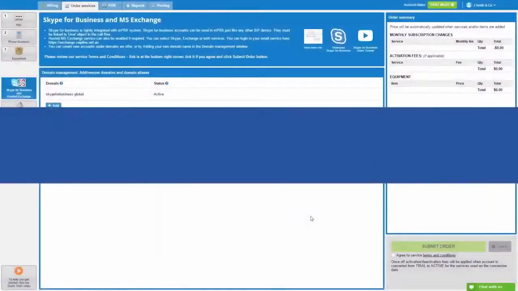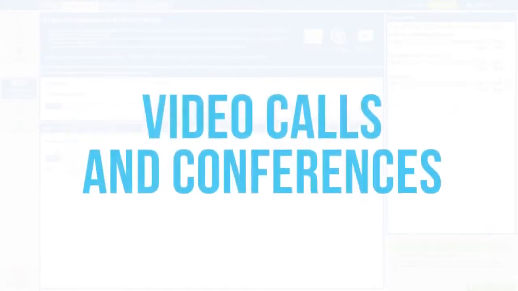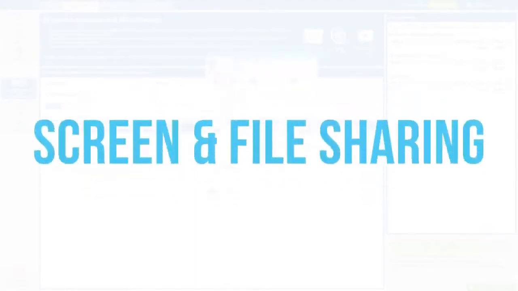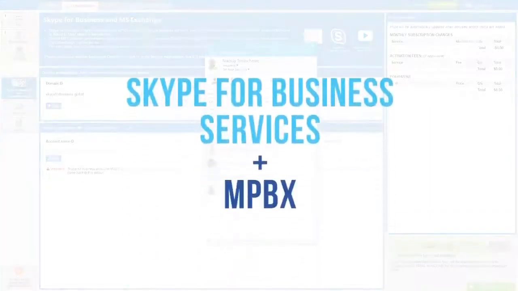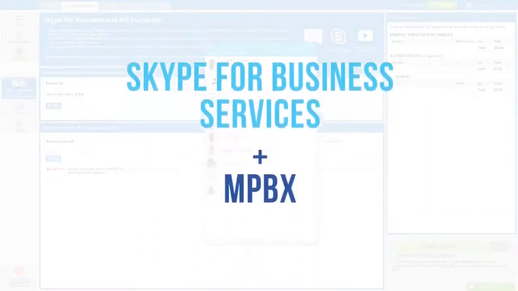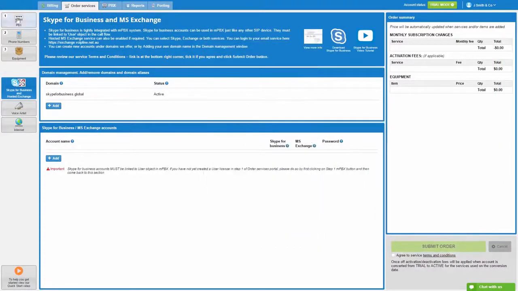Skype for Business will provide you with additional features like instant messaging, video calls and conferences, screen and file sharing. It will also make it a lot easier to connect with various Skype for Business certified devices. We have tightly integrated Skype for Business services with our MPBX platform. This allows you to use all the features of Skype for Business together with flexible call flow control provided by